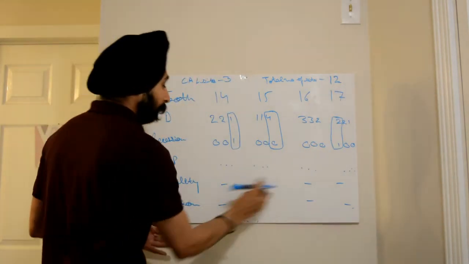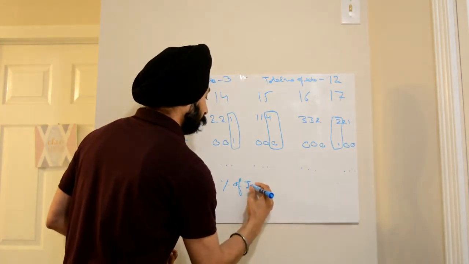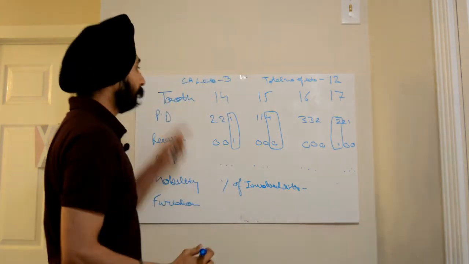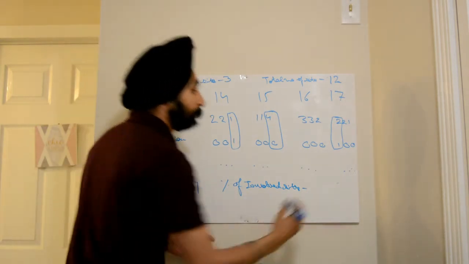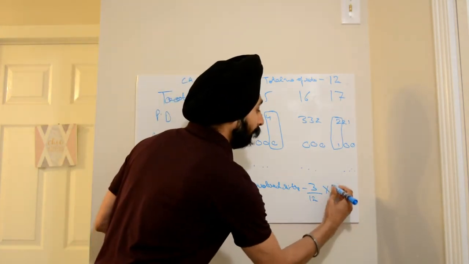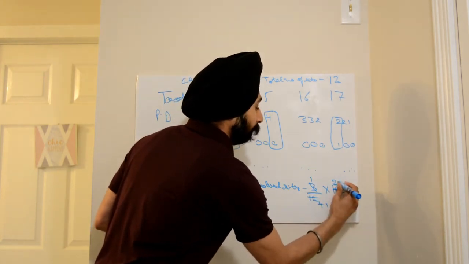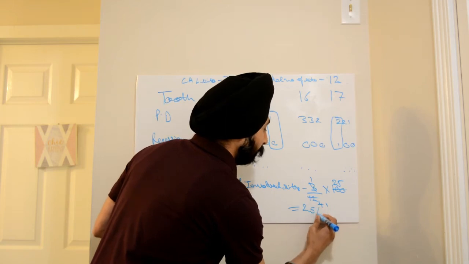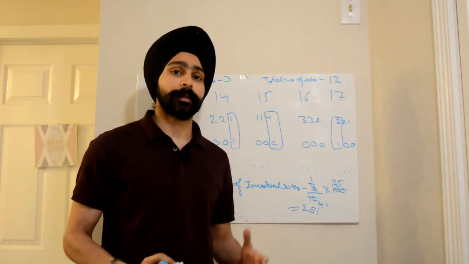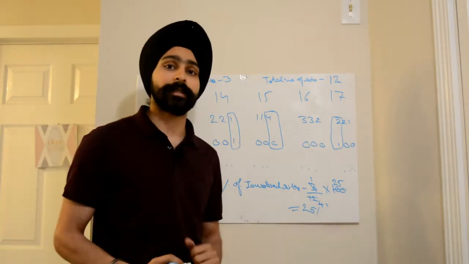Let's find out what is the percentage of involved sites. It is the number of sites where clinical attachment loss is present divided by the total number of sites, multiplied by 100. 1, 4, 25. So basically this comes out to be 25%. Now we know that less than or equal to 30% it becomes localized periodontitis. So guys, this perio chart represents localized periodontitis.